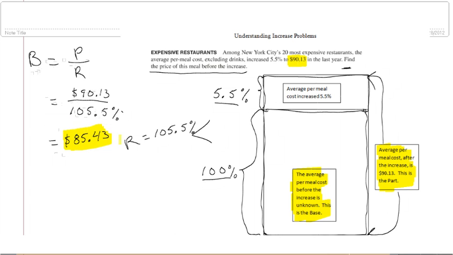So with an increase problem, you're trying to find the base, and you find the base by taking the part divided by the rate. And the way we get the rate in an increase problem is to take 100% and add to that the given amount of increase. So we're going to divide the part by some percentage which is larger than 100%, as we did here in this particular example, which gave us again a base of